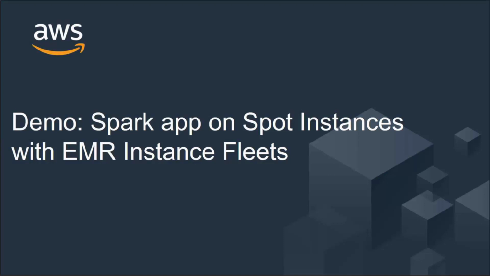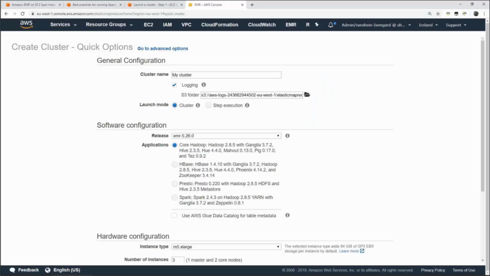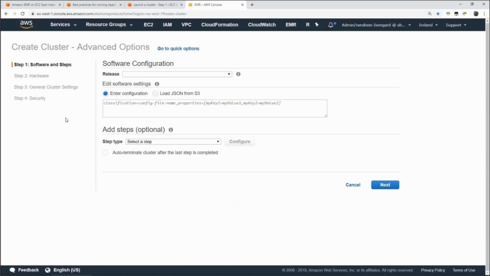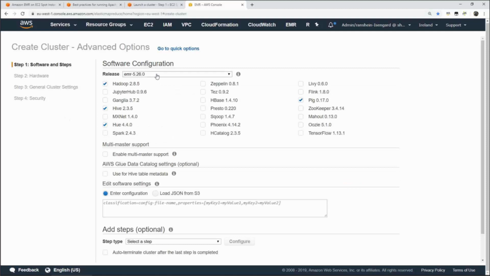Great, so let's get to the demo part, and I want to show you how to run a Spark application using EMR with EMR instance fleets and spot instances. So this is the EMR console. I basically just clicked create cluster, and these are the basic configuration options, the quick options. I will want to go to the advanced options just to make sure that I show you all the relevant things for our demo. I'm going to stay with the latest and greatest version of EMR,